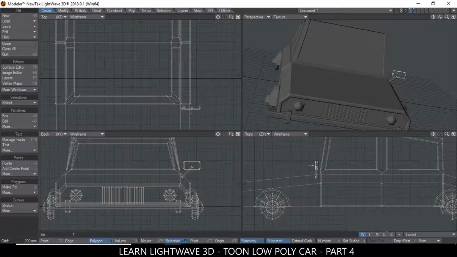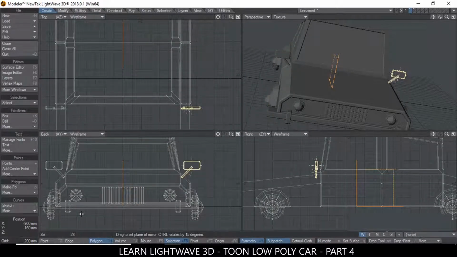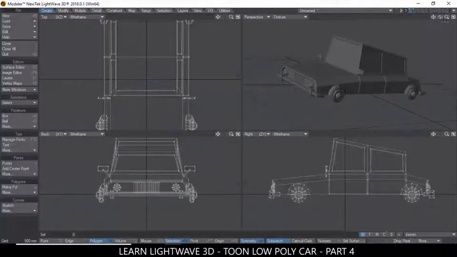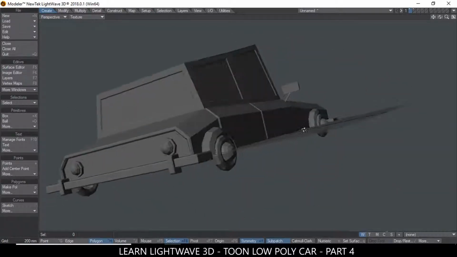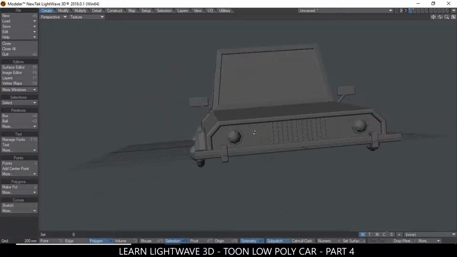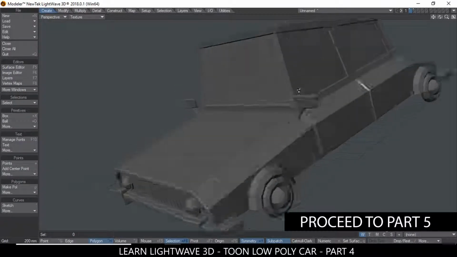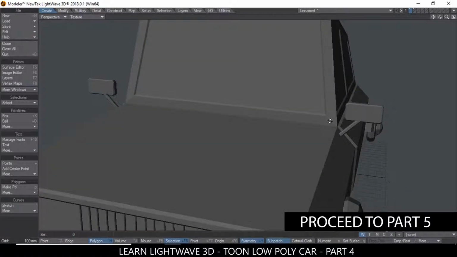Okay, so let me select these two that I've created. Select all using the close bracket. Shift V for mirror. N for numeric, make sure it's in the x-axis, enter. Enter again to remove the control, and we have a car. Isn't that awesome? So the only thing remaining though, well, that was the last thing remaining, is the plate. We still need to create the number plate. Okay, so the number plate kind of looks like these